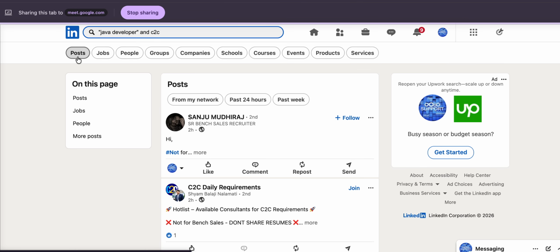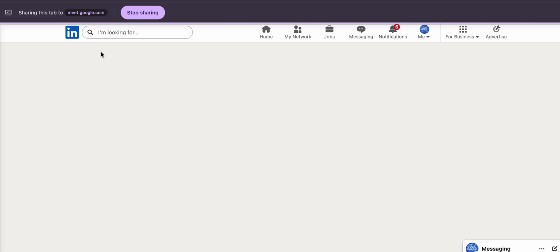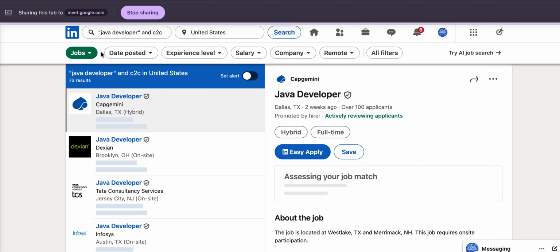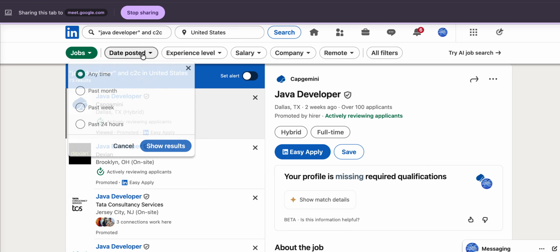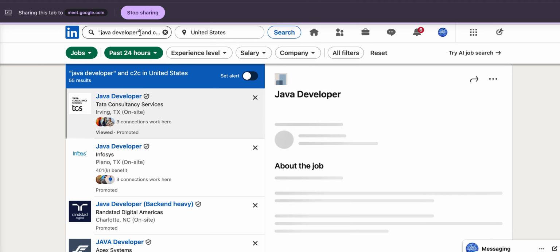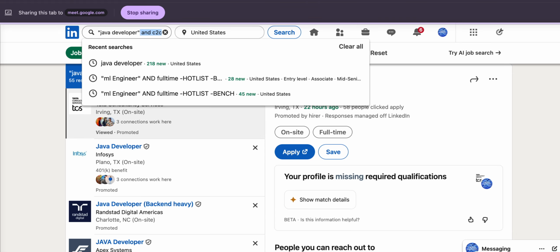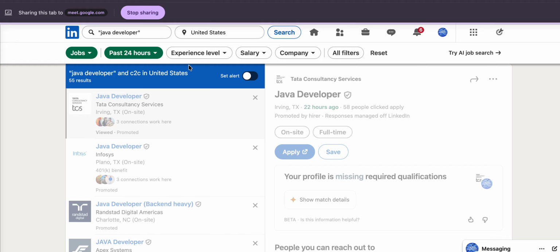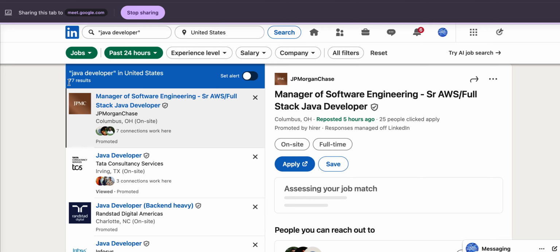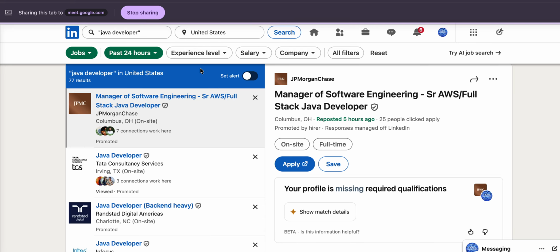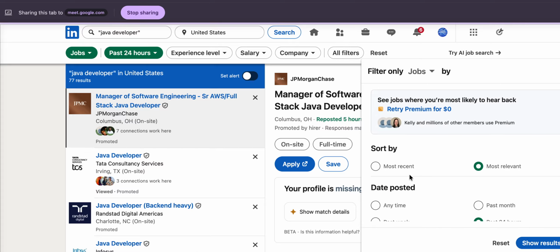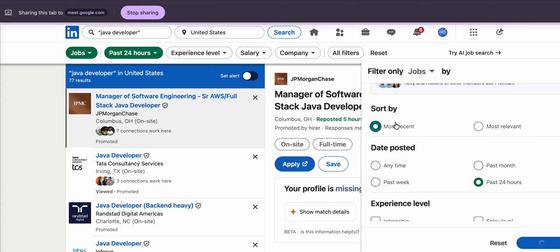Previously we used to click on the post section, that is the first method. Now you will click on the jobs. In the jobs you will have the same filters. You need to take 24 hours, and on top you will just write down the skill set. It would increase the jobs. Like you can see 77 jobs are there, and here on the more filters you can select recent jobs,